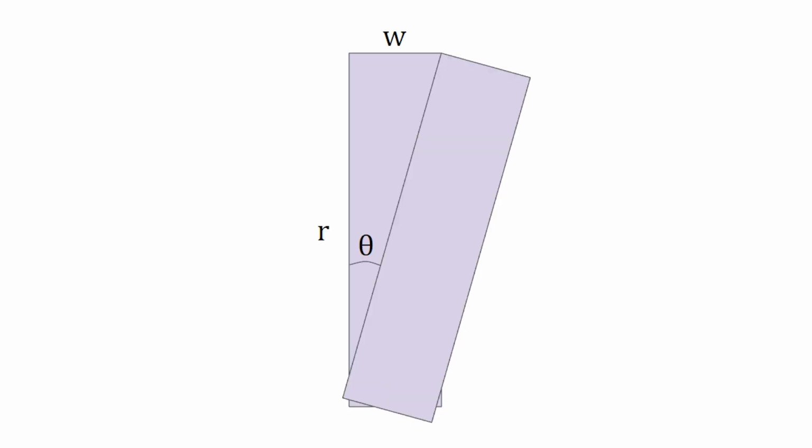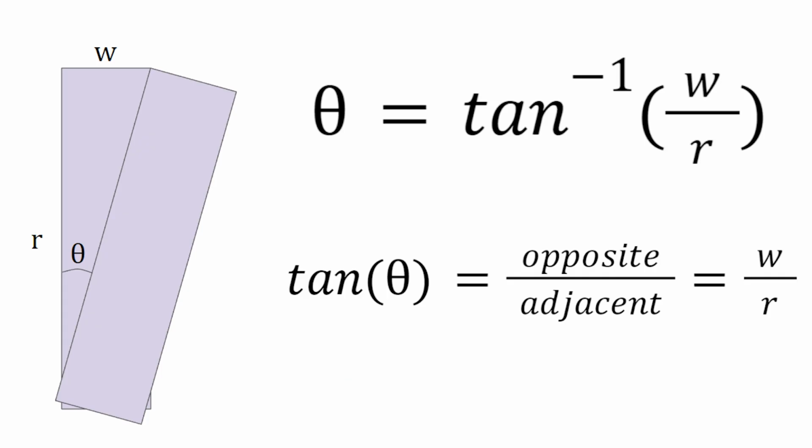Now there's an angle that I'm going to call theta because it's a cool symbol, and if you take the arctangent of w divided by r, because opposite over adjacent, and still take into account that w is approaching 0,